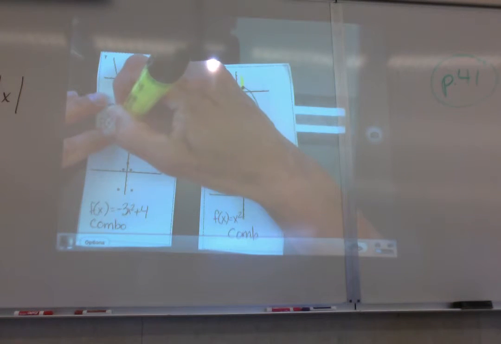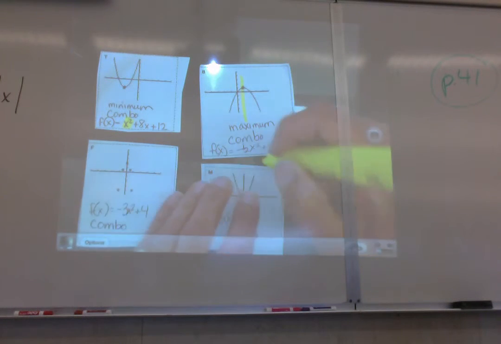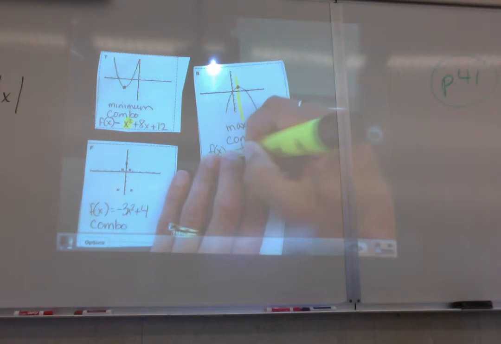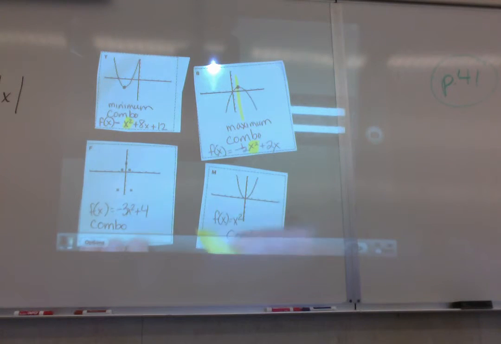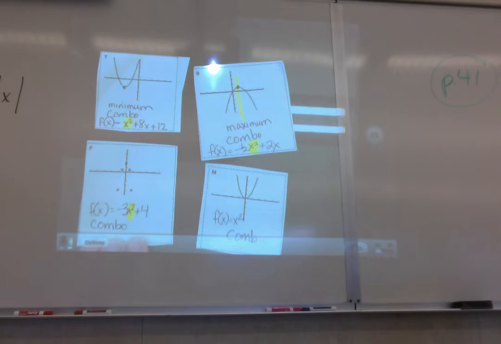Take a look at T: x squared. Take a look at B: x squared. Take a look at F: I think Wyatt's onto something. x squared. Take a look at M: